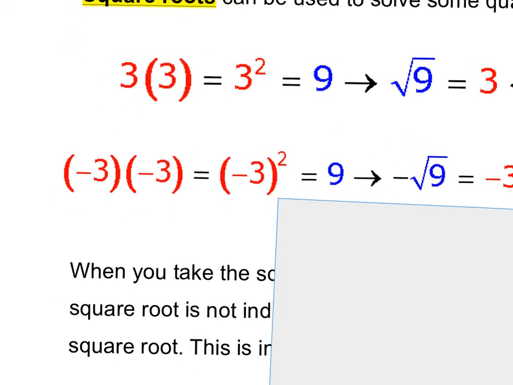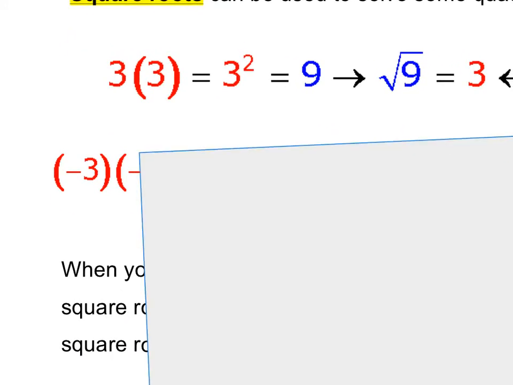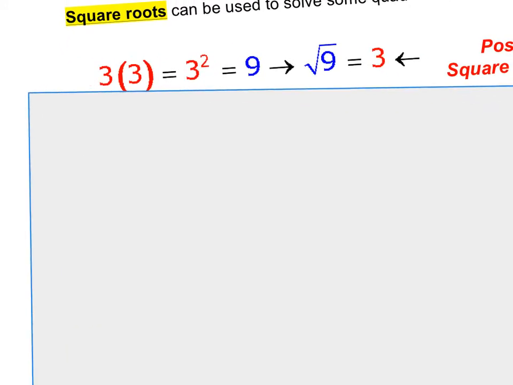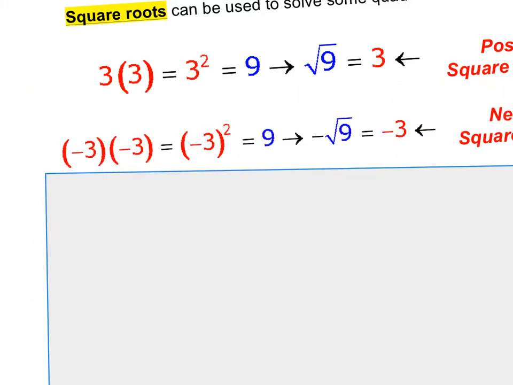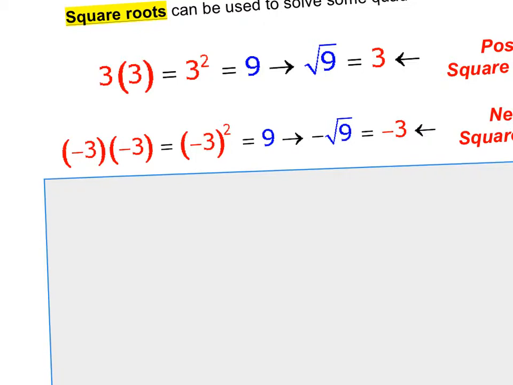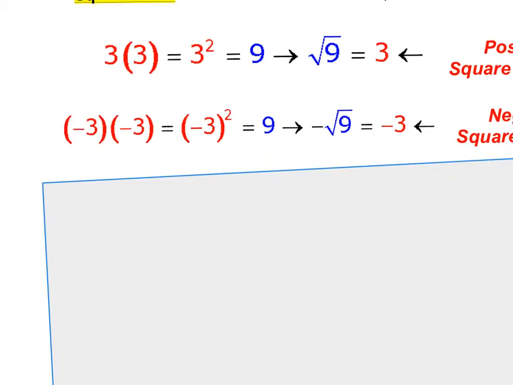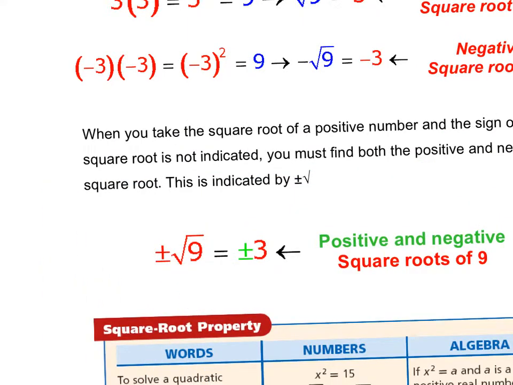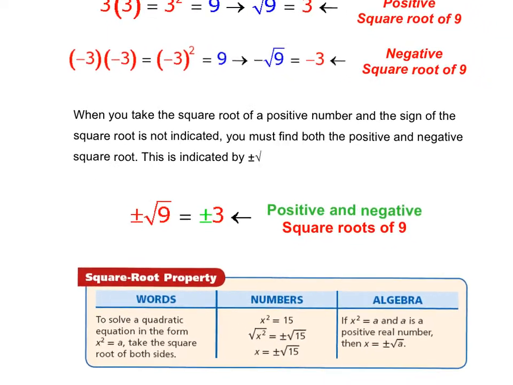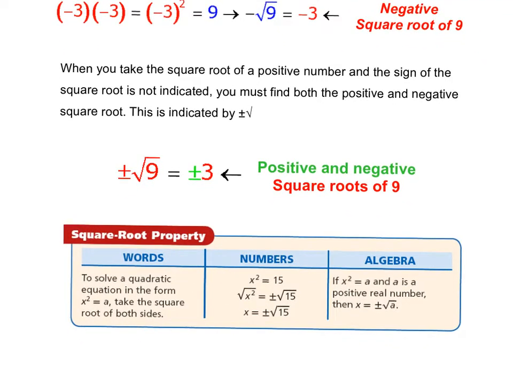So, for example, 3 times 3 is the same thing as 3 squared, and 3 squared is 9, and the square root of 9 is 3. Negative 3 times negative 3 is negative 3, in parentheses, the whole thing to the power of 2, and the square root of that can be negative 3. So, when you take the square root of a positive number, remember that, and specifically if the sign of the square root is not indicated, you must find both the positive